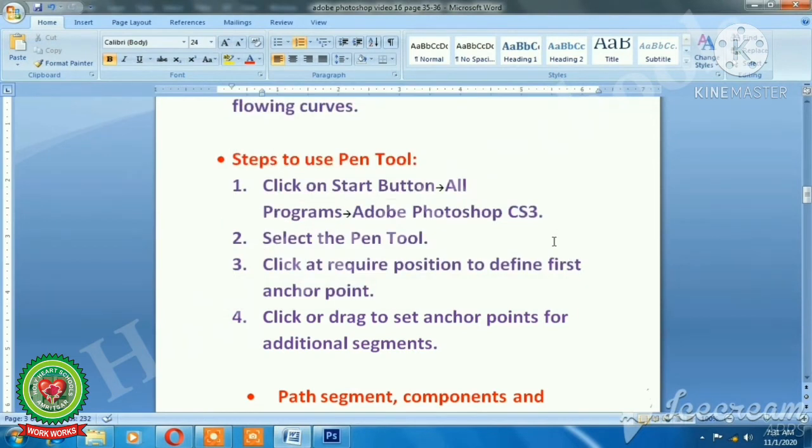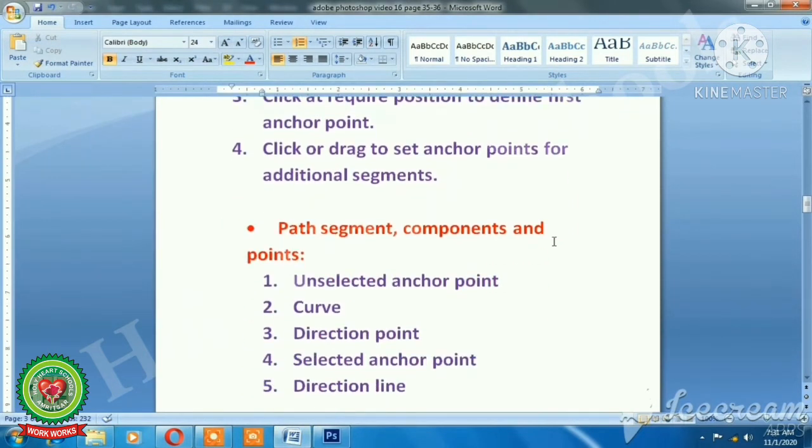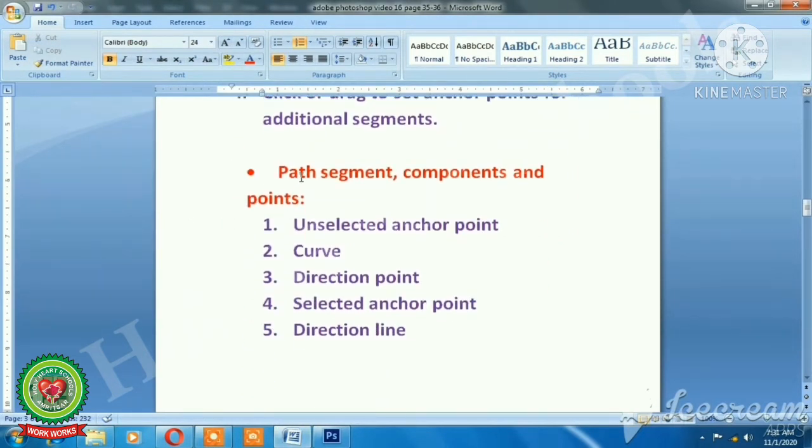Clear, students? Now the next topic is path, segment, components and points. We have an unselected anchor point, curve, direction point, selected anchor point and direction line.